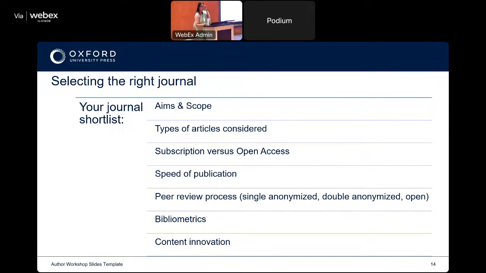Then you will think of subscription versus open access. Can anyone tell me what is open access? I've received a very interesting answer in one of my recent sessions. Let me see what I get from you. What is open access? Anyone can read the article, the journal, yes. It's free, without a paywall. It's available to the audience. Okay, so that is the user point of view.